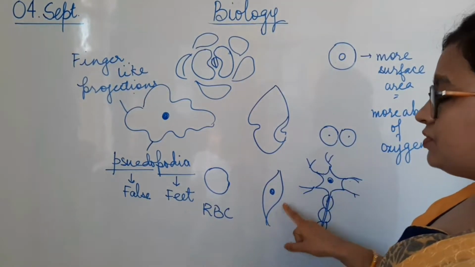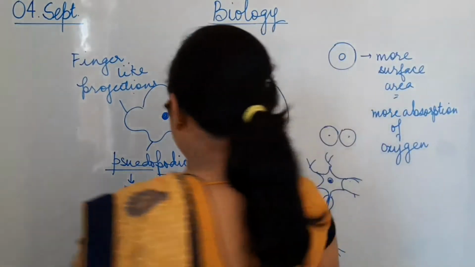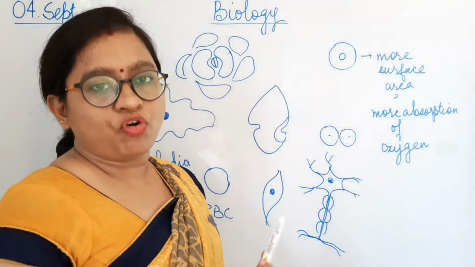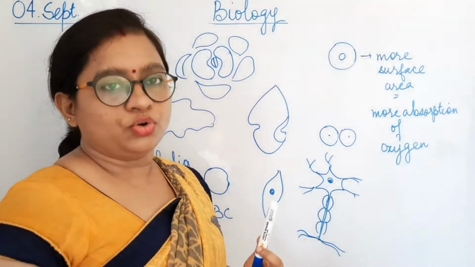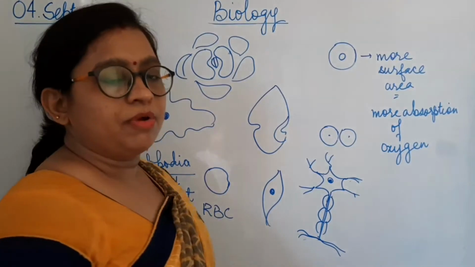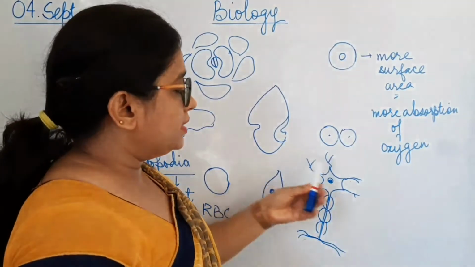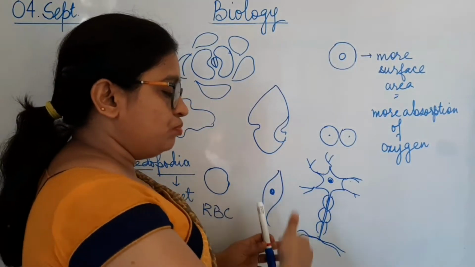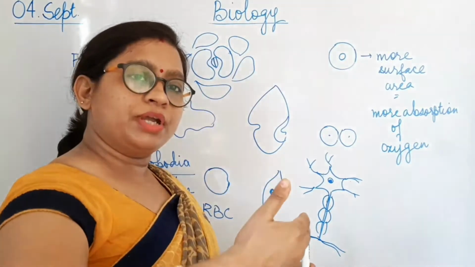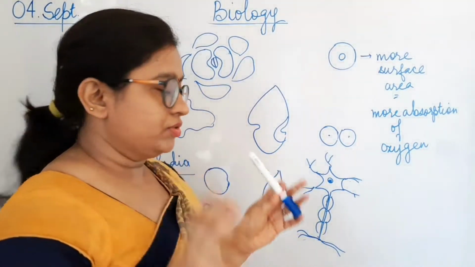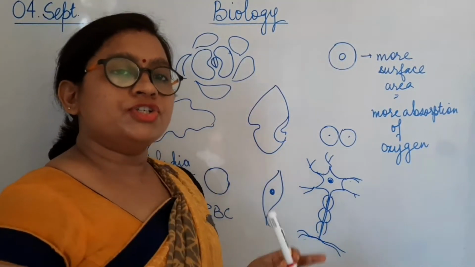Here you can see this cell is a spindle shape and this is a smooth muscle cell. Smooth muscle cell is associated with involuntary function. Involuntary means those functions which you cannot control. So it has this shape for that. Then you know this is a neuron or nerve cell, and this shape helps it to attach to more neurons and form a network from which the signal is passed to the brain and to the body parts, and vice versa.